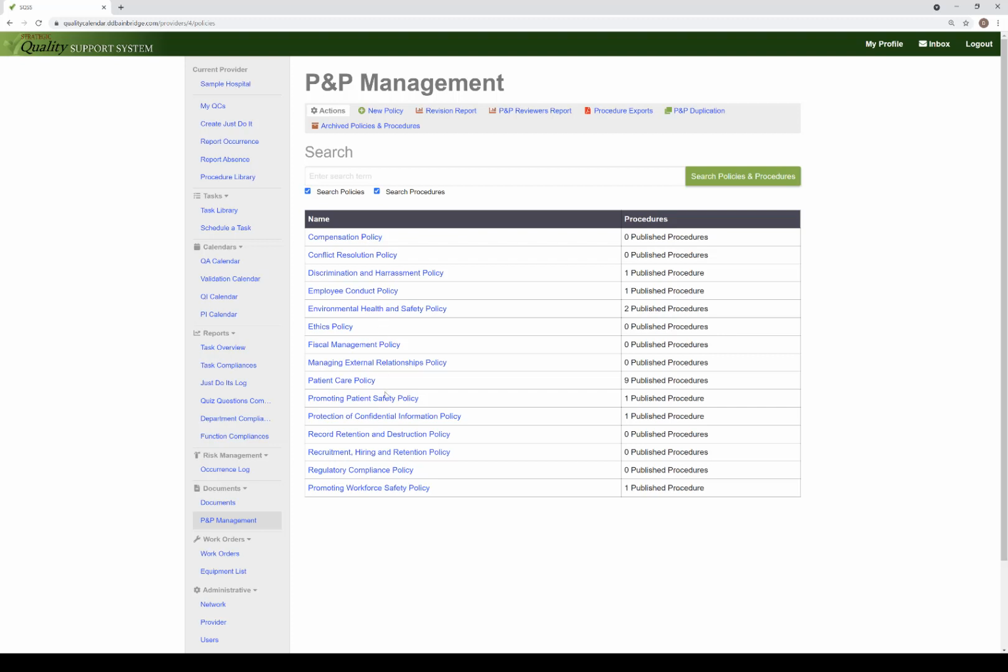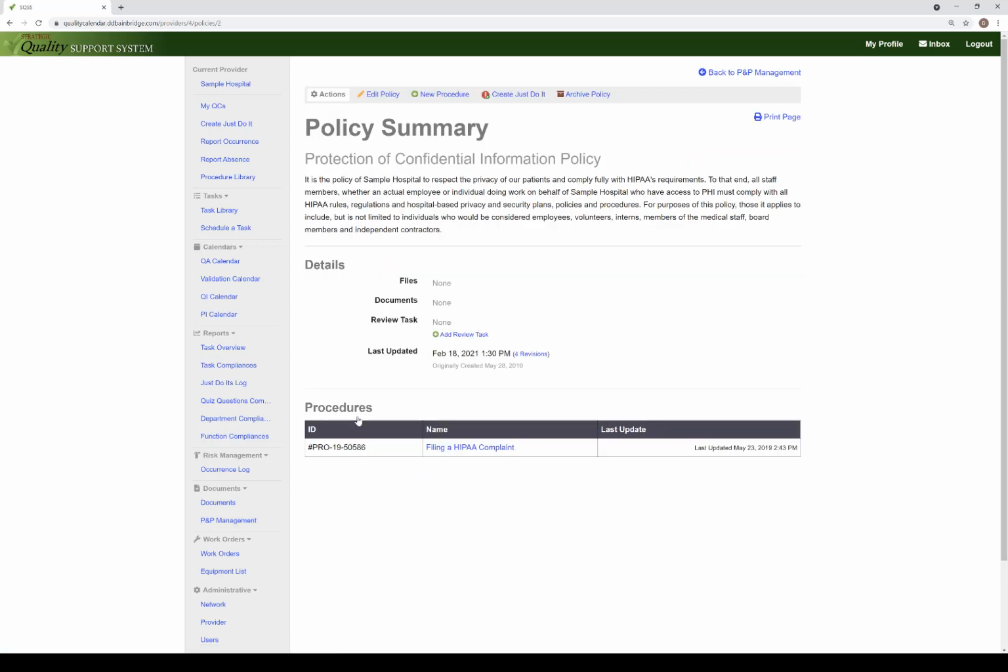So we're going to go in and we're going to add a new procedure to the protection of confidential information. So I'm going to click on that policy here. And remember, now that we're going to add a procedure to the system, managers can add procedures for their departments, admins can add procedures, and then you can set other individuals up to have access to add procedures if that's appropriate. So when I clicked on this policy, it took me into the summary of the policy,